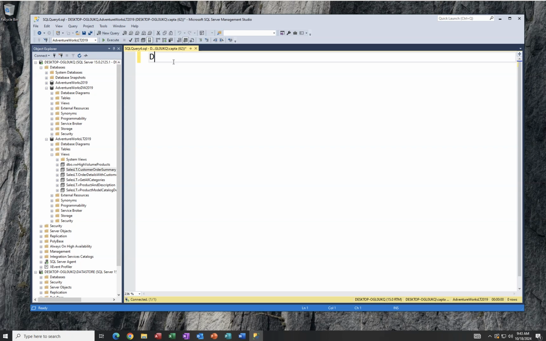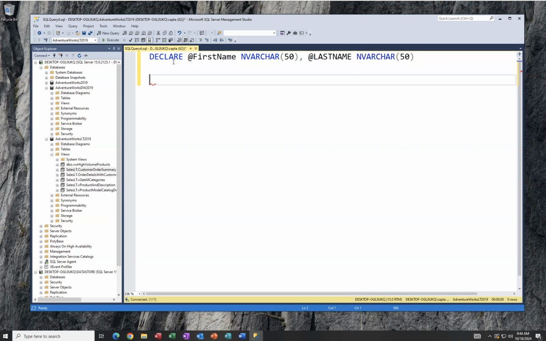Let's first declare some variables. You may recall that to declare a variable, we use the @ sign in SQL Server. So I'm going to have a variable @firstname, and I'm going to have it be nvarchar(50), and @lastname, and have it be nvarchar(50) as well. So a couple of variables that I need. Let's go ahead and declare